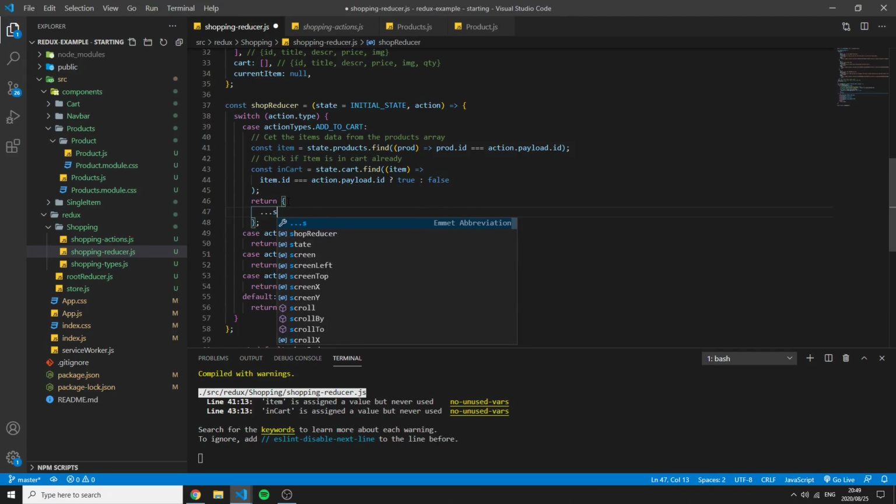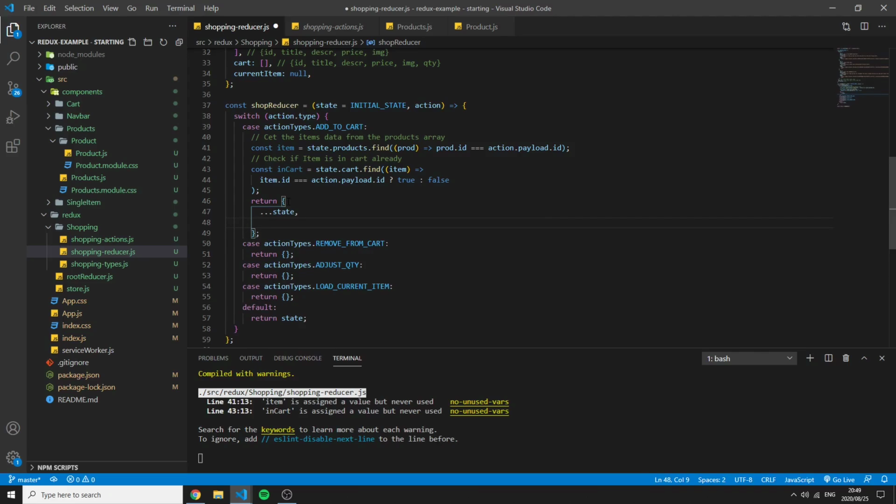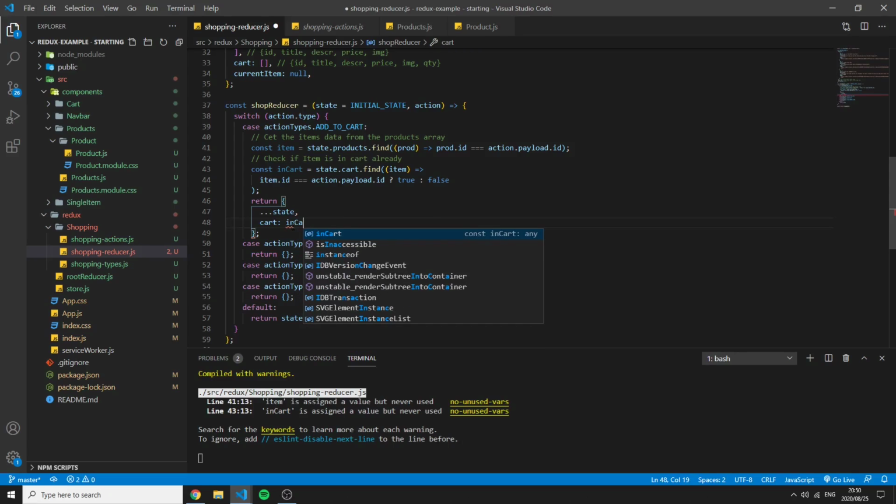So we can spread the state, because we have to always spread the state because it is a reference type. An object is a reference type. So if we don't mutate it properly, we'll lose or overwrite our data. So we can say cart. So we're going to this specific key value pair. And now we check if it's in the cart. So we can say inCart. So this should be true or false. If this is the case, I want to say